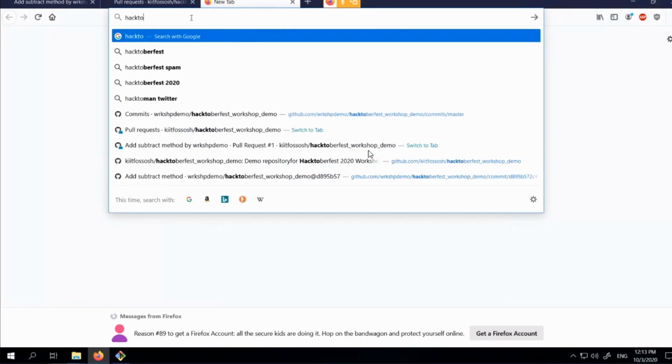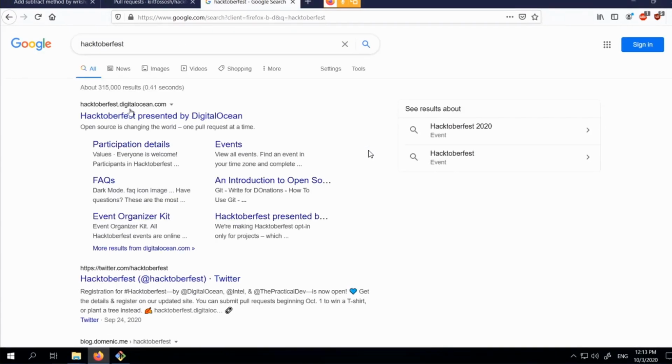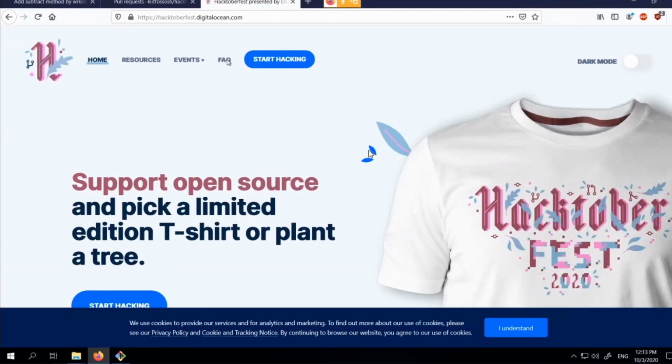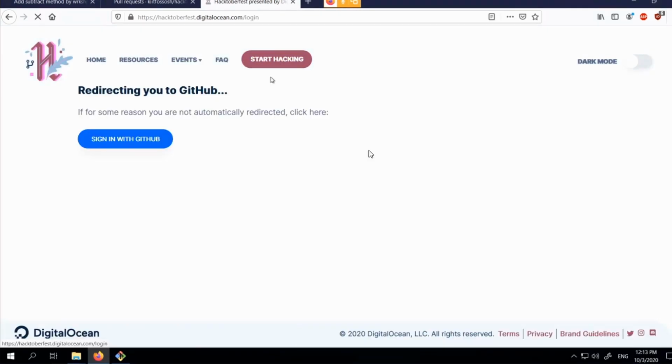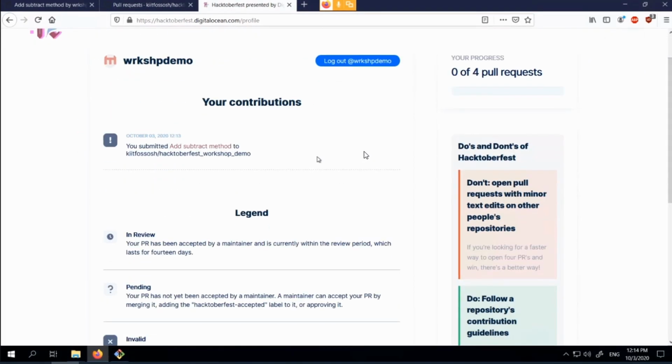So first we go to the Hacktoberfest site. Sign in with GitHub. And once you have signed in with GitHub, you can see the changes you have made.